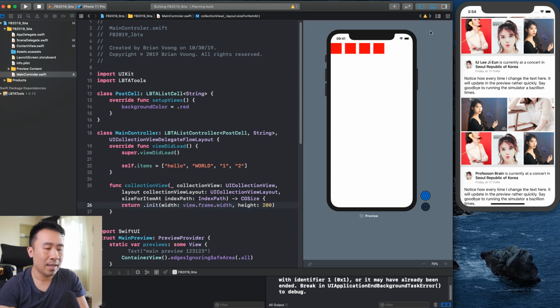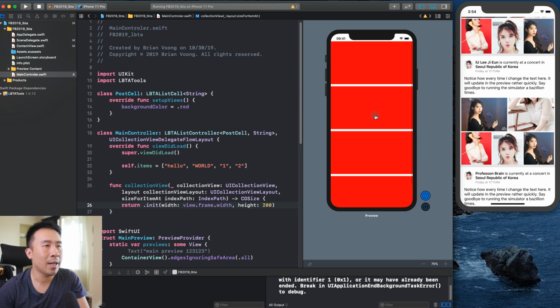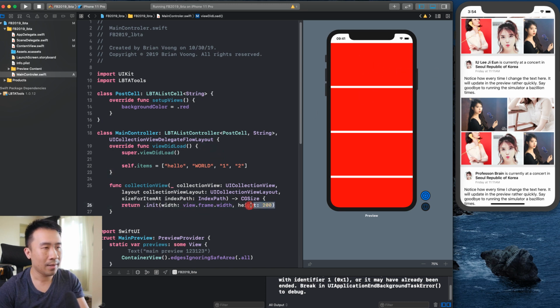You'll see the cells, Command Option P to resume. This guy will kind of fire up right now. And you have 4 cells with the view's width and also a height of 200, because that's pretty much what you specified here. Okay, now the last thing I'll do before I wrap up today's video is